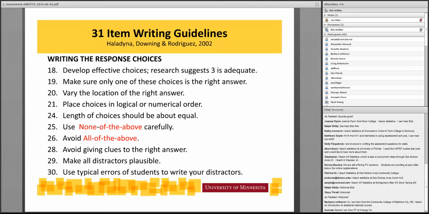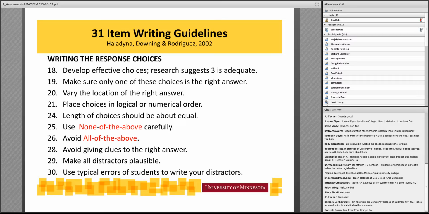So they're saying, hey, we give you license. You don't have to write that 4th or 5th response. 2 or 3 is just fine. You need to make sure, of course, that only one of those choices is the right answer. It's very important if you're writing an assessment with several multiple choice items that the correct response is not always choice C or not always choice A. You want to vary that location. And that is basically so that the students aren't second guessing themselves. I just chose A 3 times in a row. I must be doing something wrong. So vary the location of the correct response across the items.